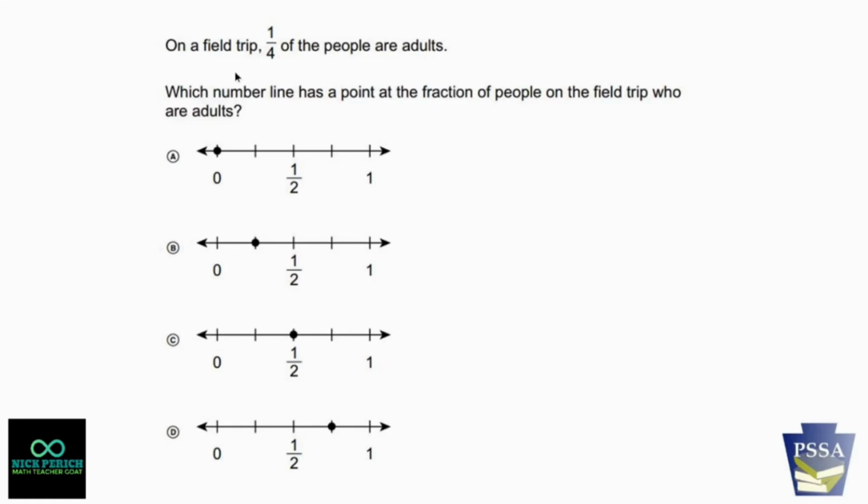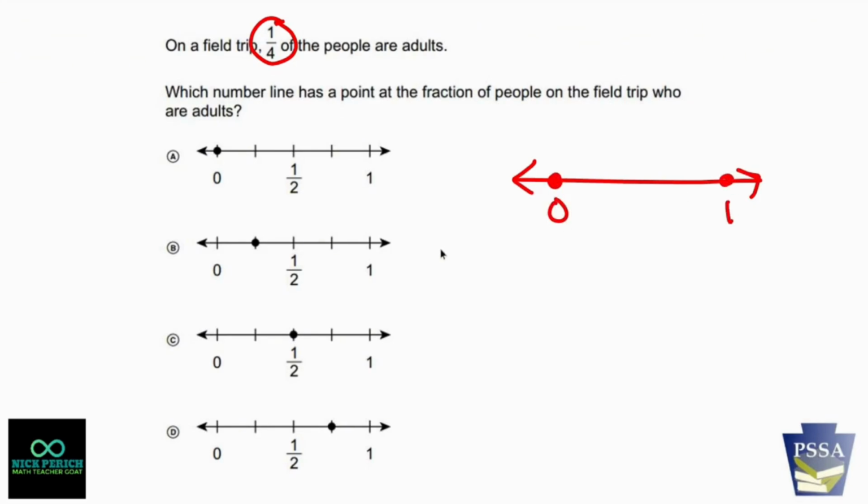On a field trip, 1/4 of the people are adults. Which number line has a point at the fraction of people on the field trip who are adults? Now, this is 1/4. And if we're looking at a number line for 1/4, we're going to be between 0